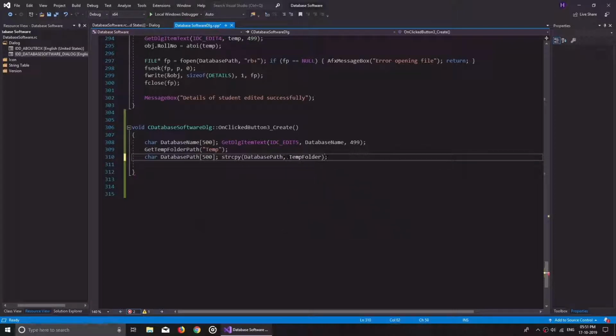Temp folder is the global variable which get temp folder path puts the path into. So database path has the path until app data /roaming /temp, and app data is just used by programs to keep their temporary data. So let's string cat here